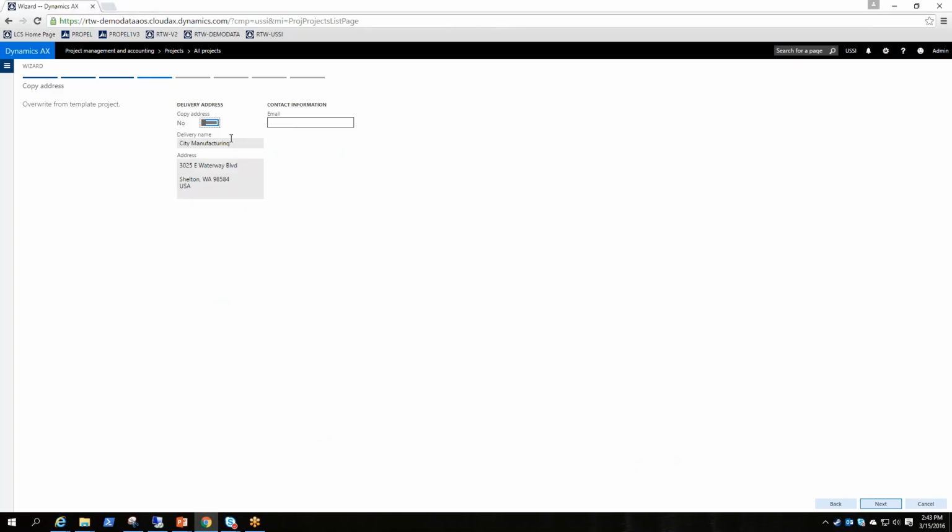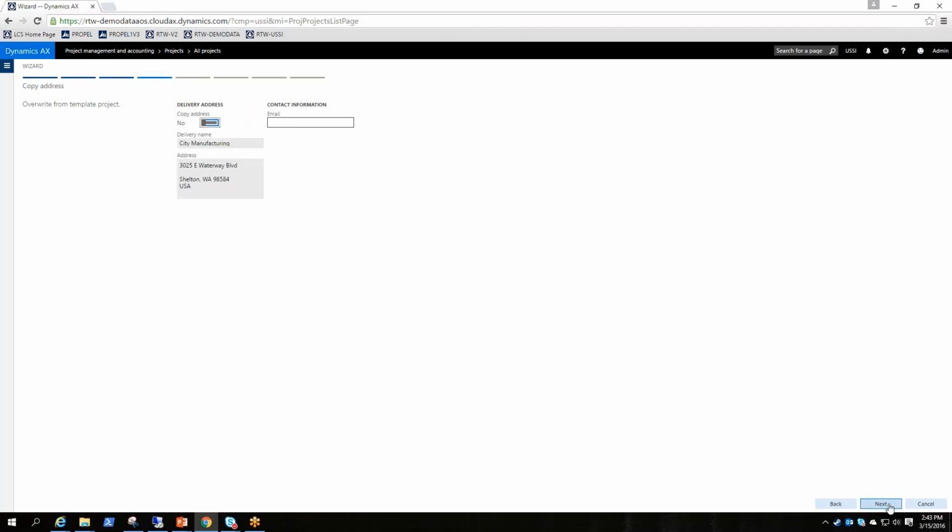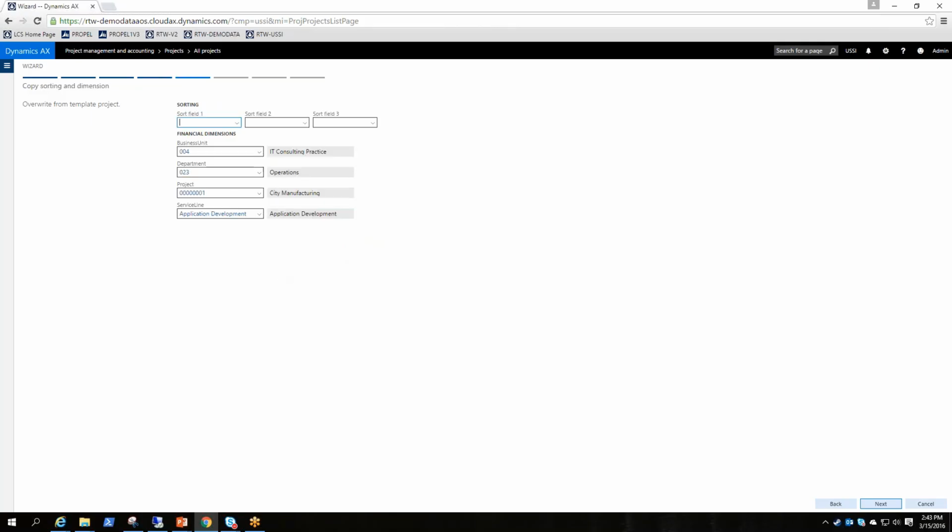So this information as well, you'll want to adjust. It looks like you can't change it at this level. I would suspect that it should change when you adjust that. But anyways, we'll just keep going. Then we can define the financial dimensions that you want, and they're just pulling in from the template, or the sort fields if you're using that type